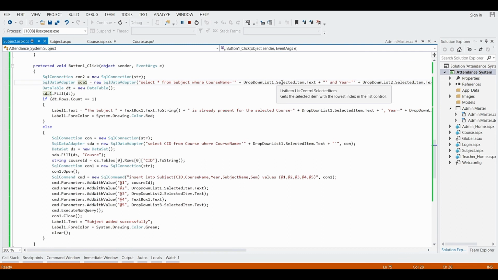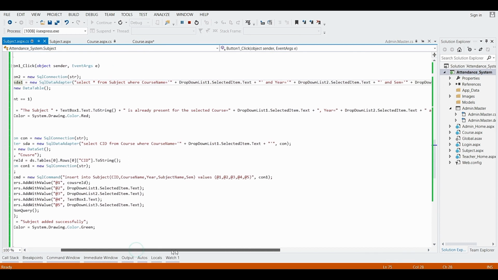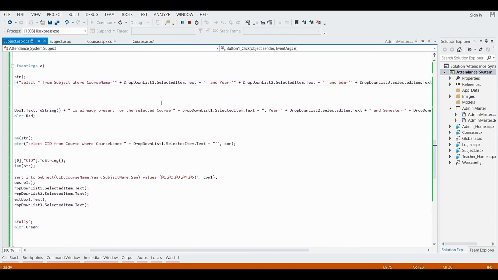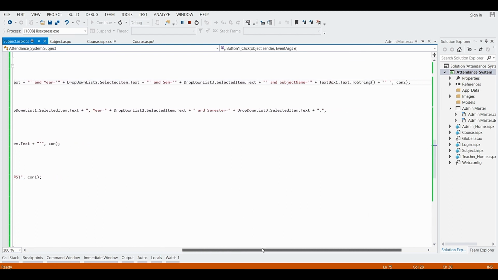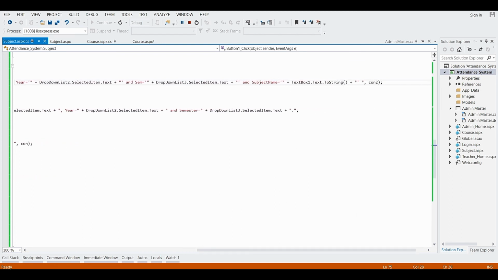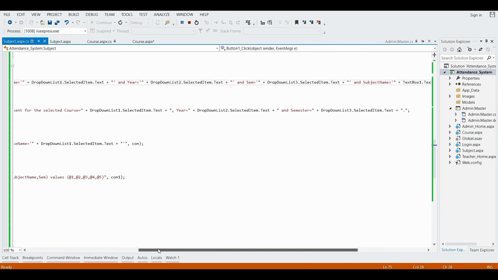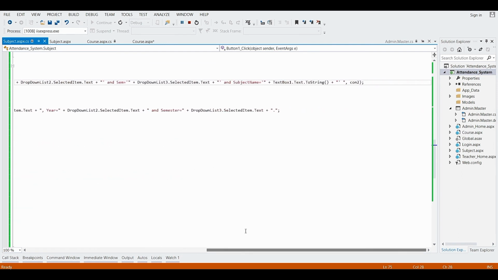The selected value of the course name will come here, and then year, selected year, and then semester, selected semester, and the subject name, which is coming from the text box 1.